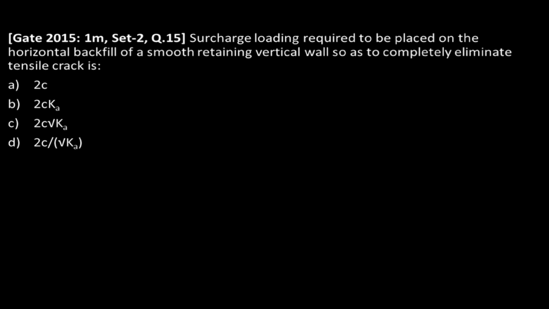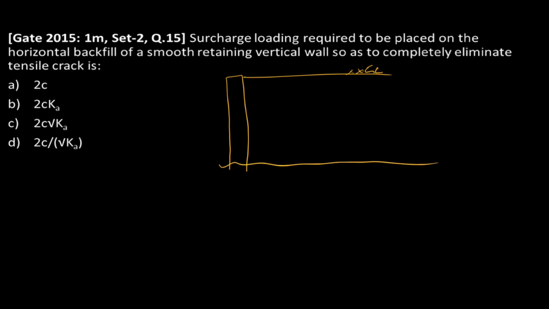So, if you see the first question, they have asked us: what surcharge loading is required to be placed on the horizontal backfill of a smooth retaining wall so as to completely eliminate tensile crack. So, keep this as a smooth retaining wall, and this will be a backfill, where this will be the ground level. They are asking the value of the surcharge Q to be placed on the horizontal backfill of the smooth retaining wall so as to